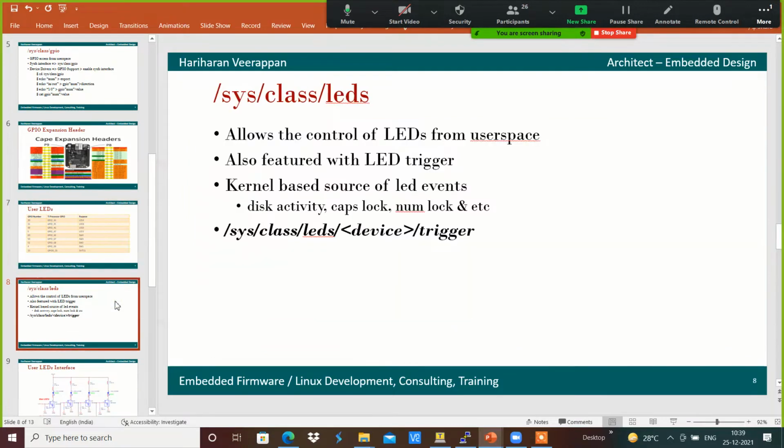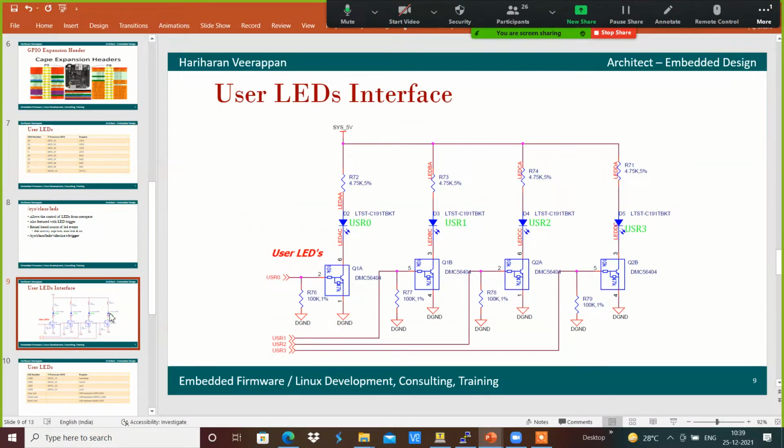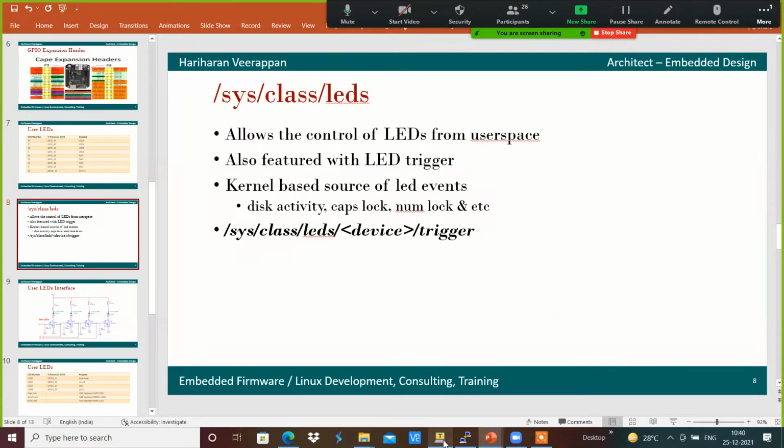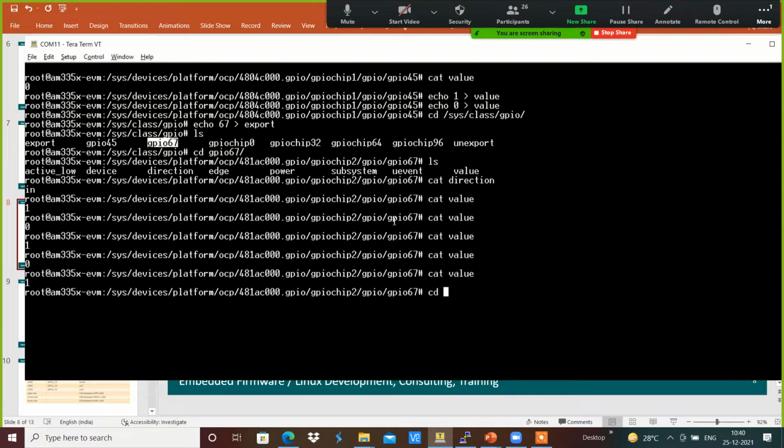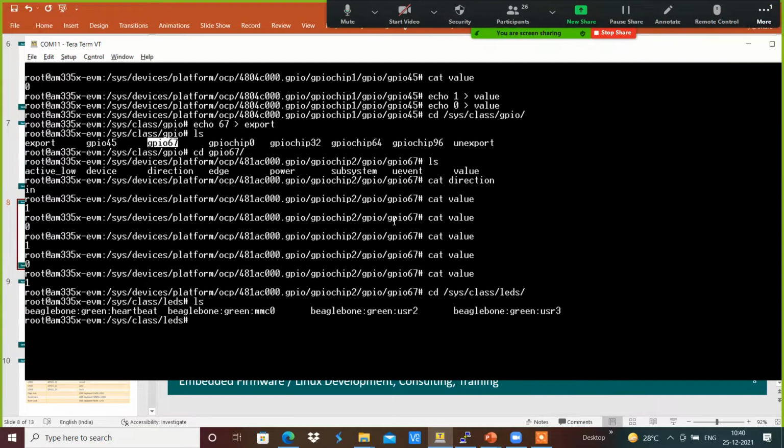And apart from that, we will be having user LEDs which are connected within the BeagleBone platform. There are 4 user LEDs present in the BeagleBone platform, which have been exposed with respect to the sys class LEDs over here. I'm going to use sys class LEDs over here, and which has been linked, which we can use these LEDs in order to